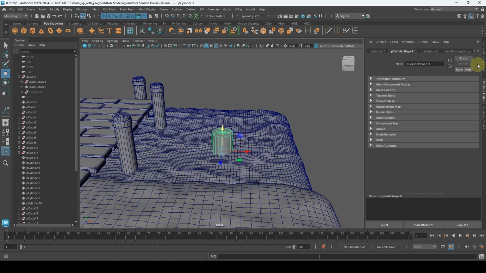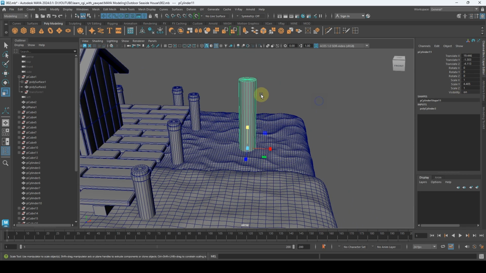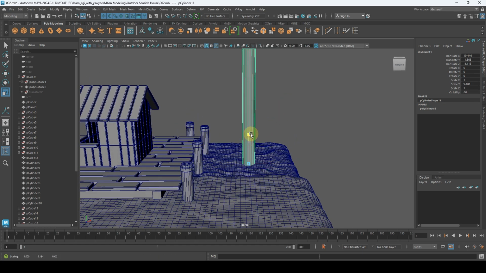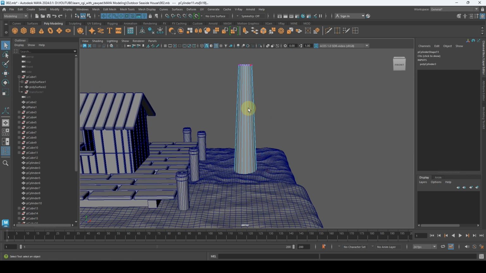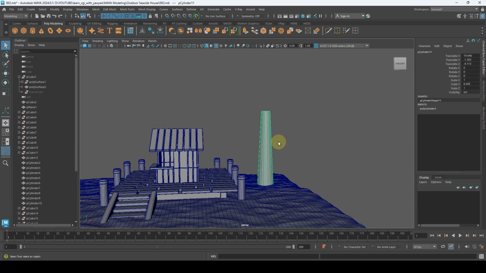And I wish to extend this, so we can go to here, scale, and pull it up. Pull it up further. And right click, let's choose vertex and press R to scale and scale it, so we can get it slightly bigger. And now that's our basic stick. So with that stick,